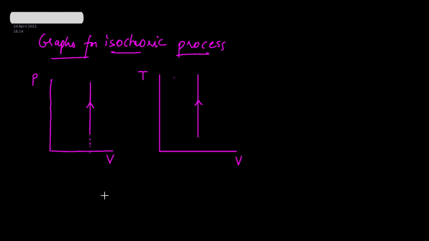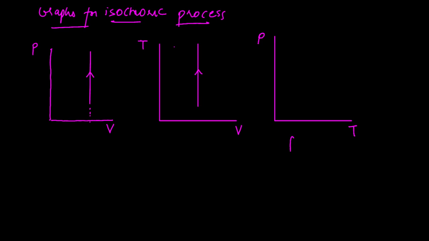Okay, now let's go to the third one. So this is now a PT graph. Okay, this is now a PT graph. Right, now if it is an ideal gas, okay, for an ideal gas, if volume is constant,